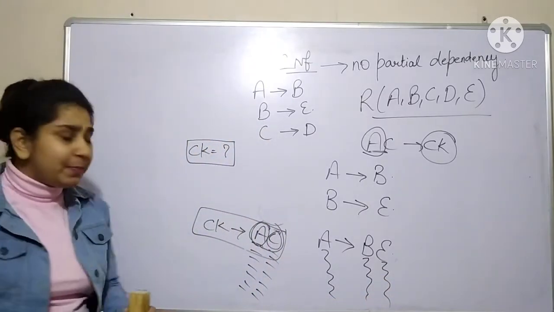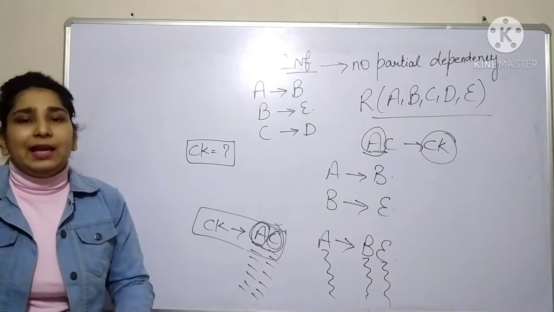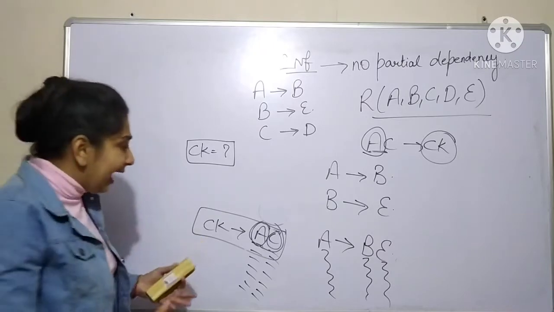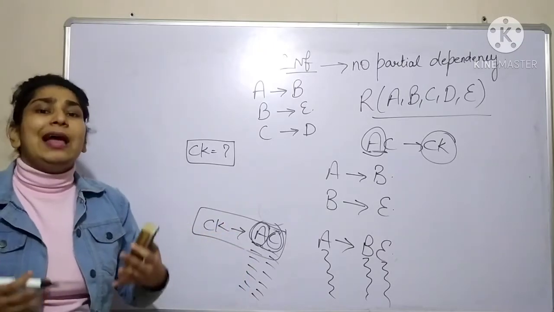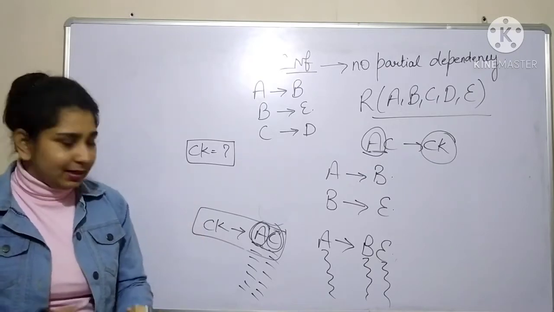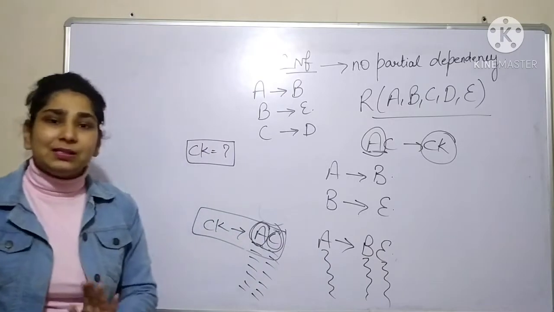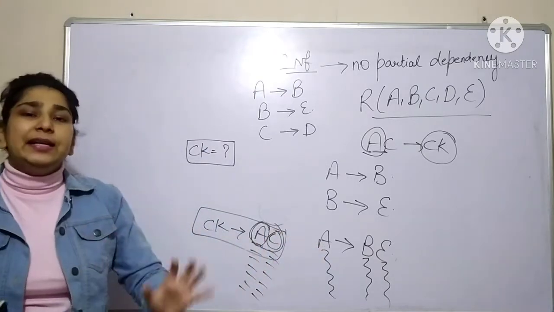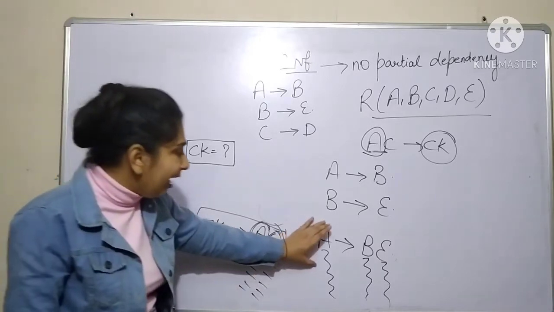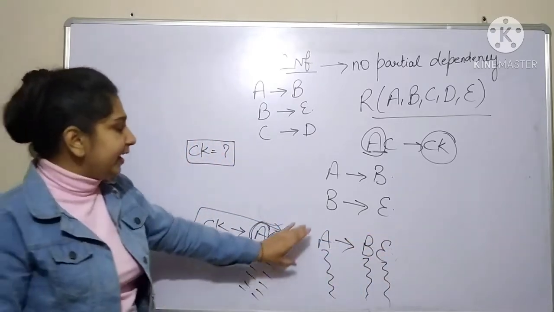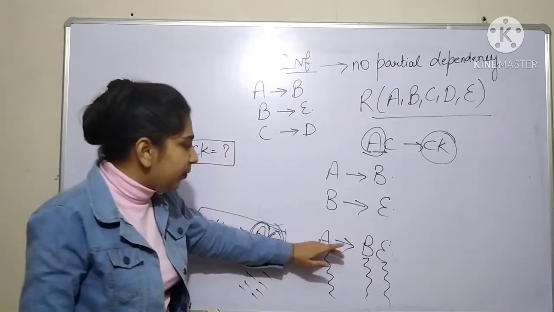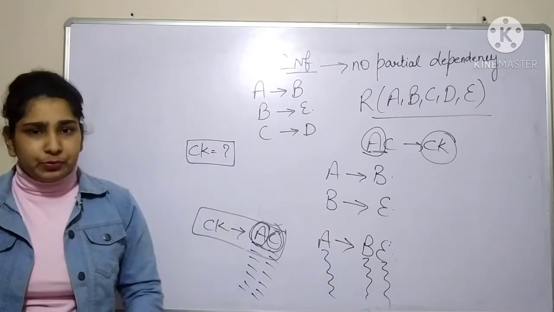Okay, and our purpose is to remove the duplicacy, to remove the redundancy. So now we are getting all the attributes in which redundant values are present. A, B and E, all these three attributes have the redundant or duplicated values. So what we have to do now? We have to make one separate table for all these three attributes, because there is a lot of redundancy present in these three attributes.